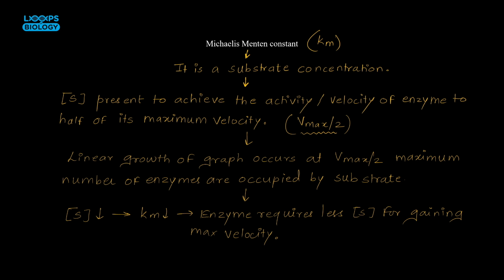So whenever I'm talking about how fast the enzyme is going to reach its maximum velocity, that is completely dependent on my Km. So as the Km is low, the enzyme will reach its maximum velocity faster than other enzymes. Got my point? So Km is going to differ for each and every enzyme. So let's write it down. Km differs for every enzyme